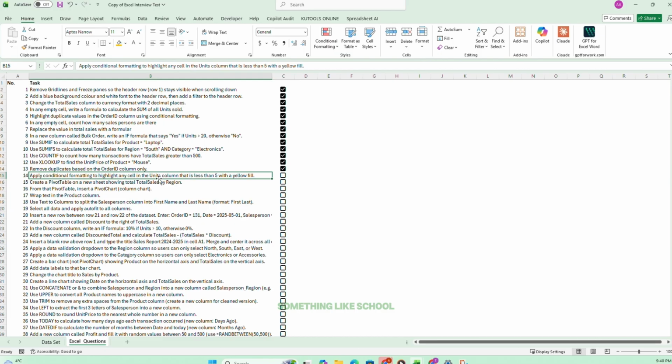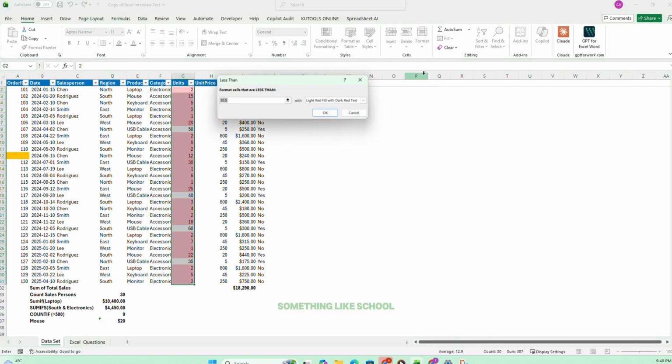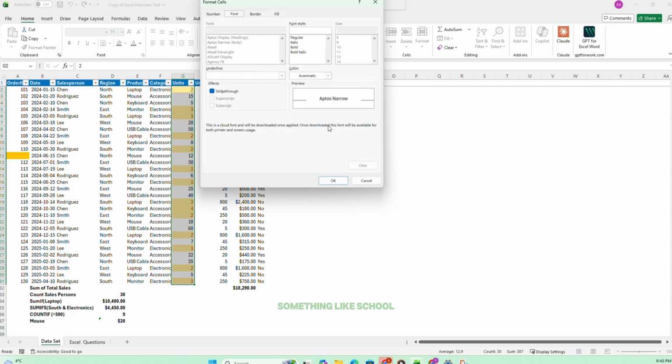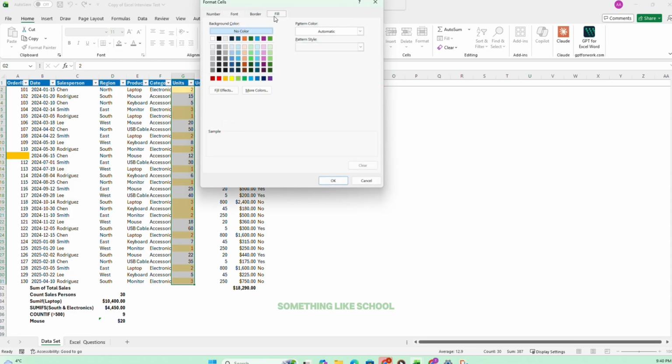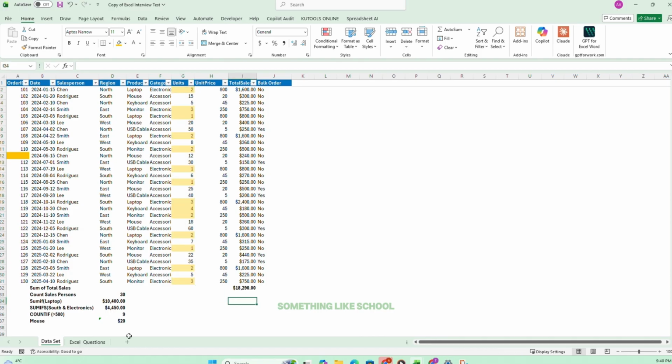Apply conditional formatting to highlight any cell in the units column that is less than 5 with a yellow fill. So you just want to highlight the units, go to conditional formatting, highlight cell rules, click on less than 5, but it says with a yellow fill with dark yellow text. You can do this, or you can go to custom formatting, fill, then pick a color, then OK. But I'm okay with this, so that works fine. Okay,